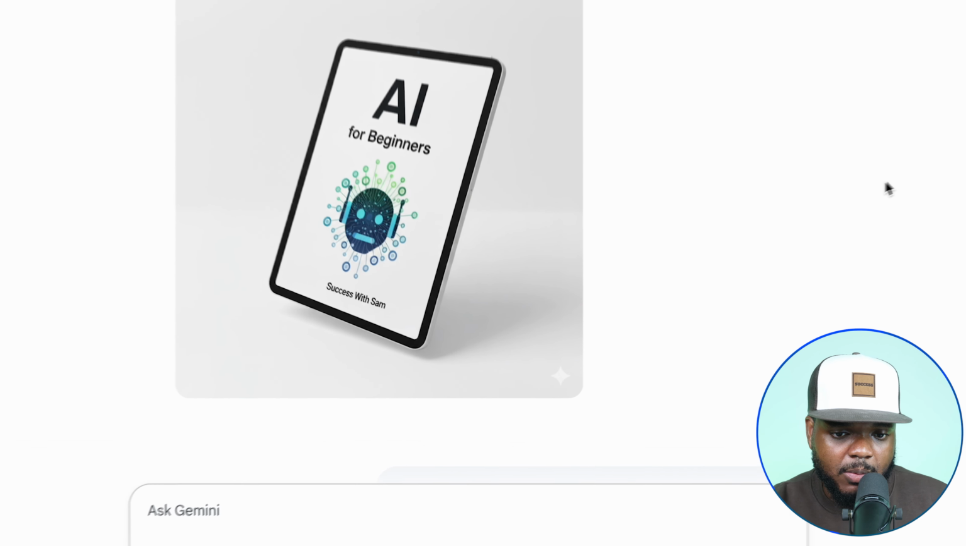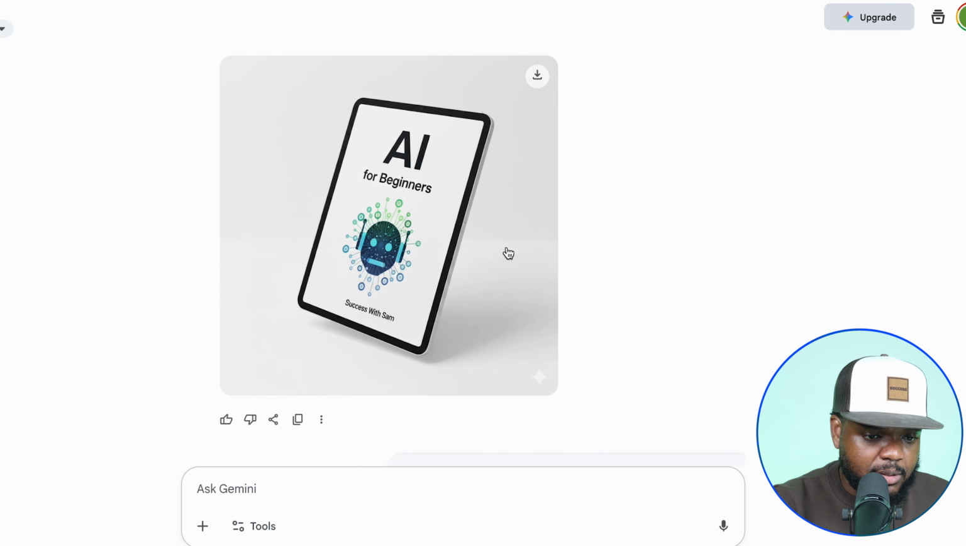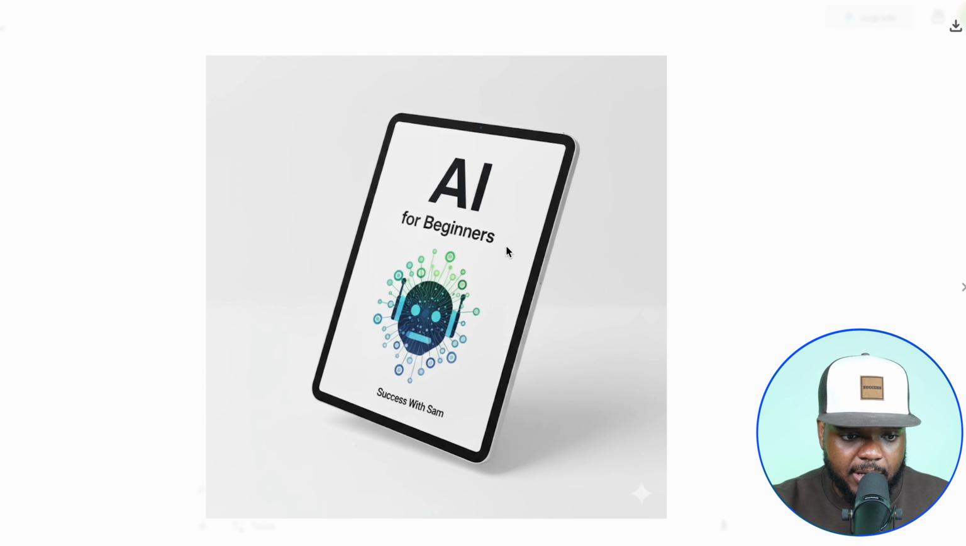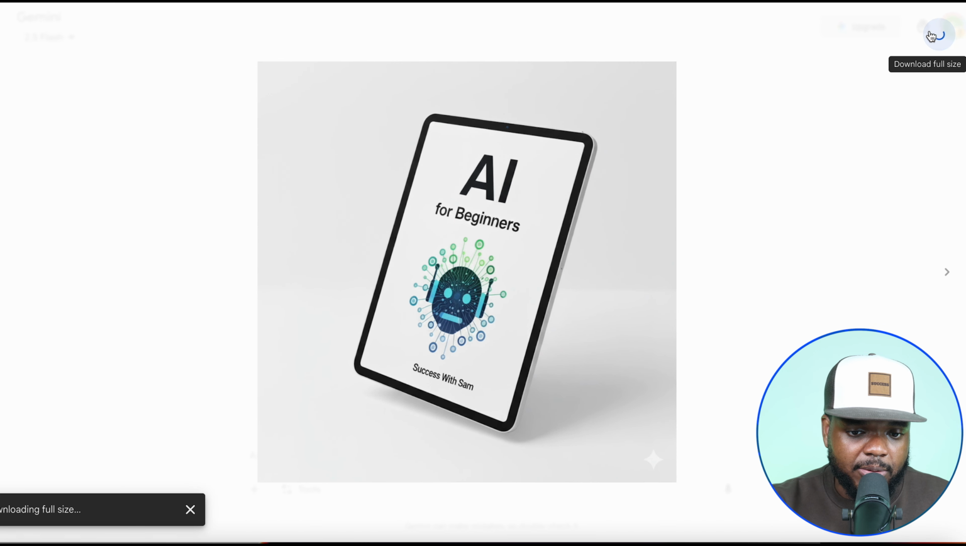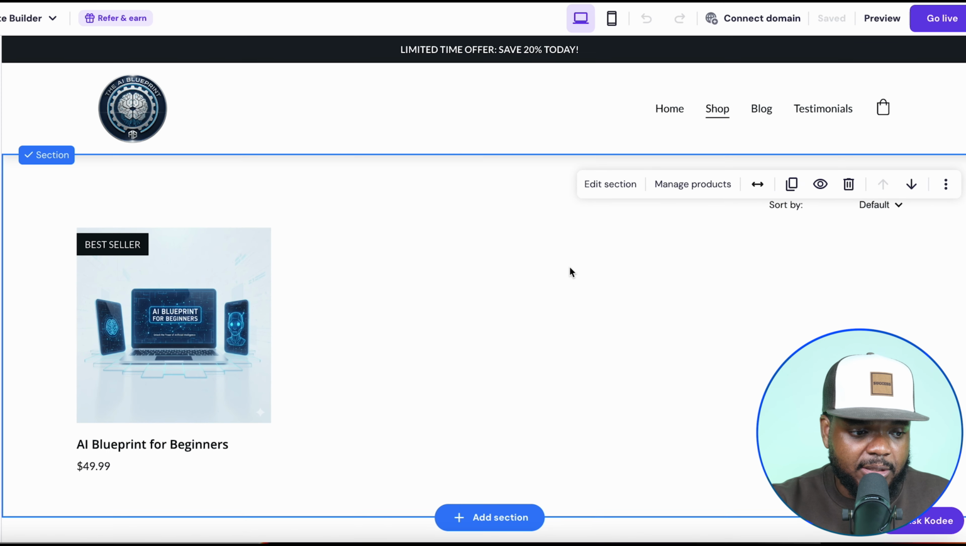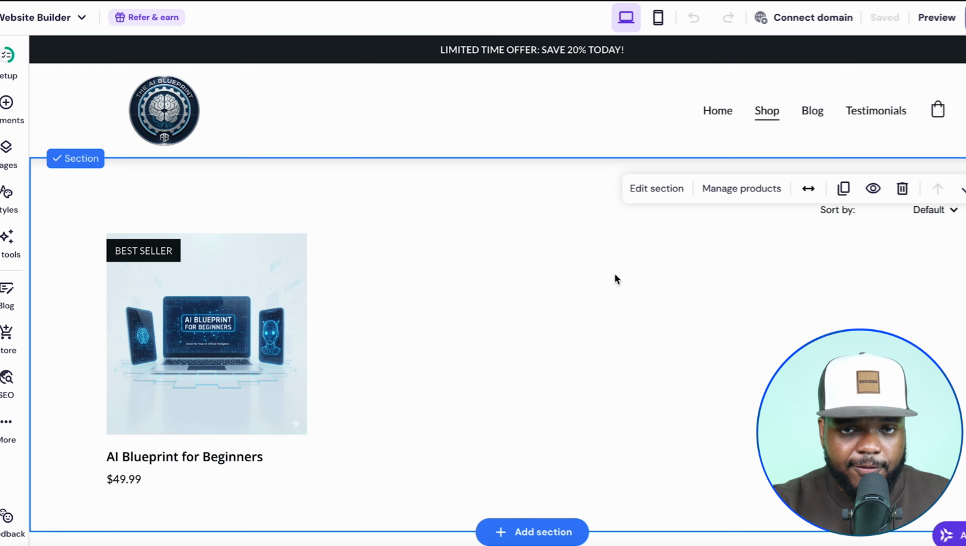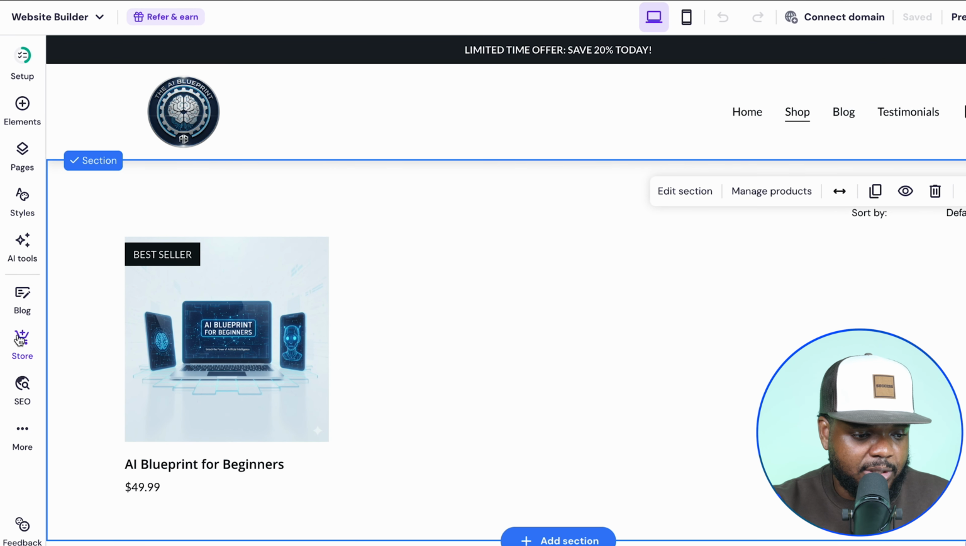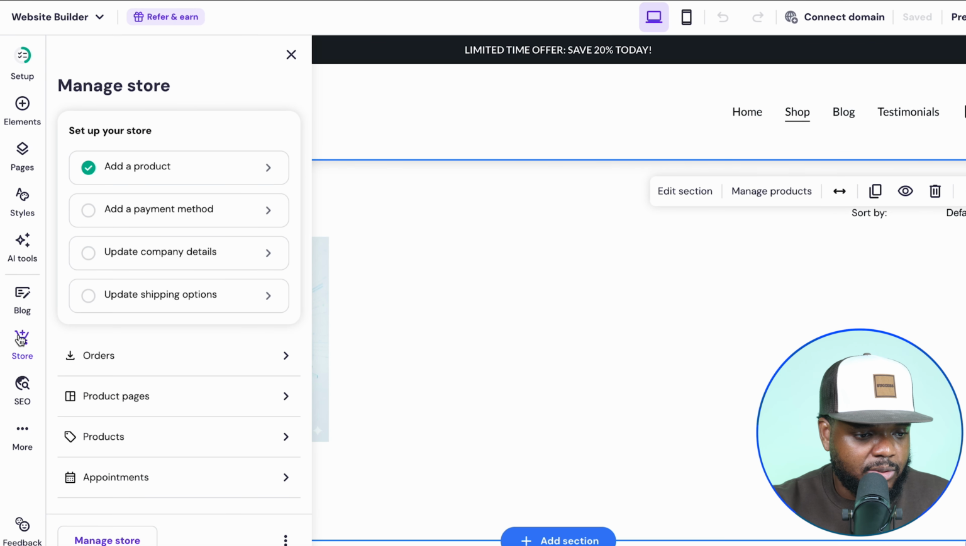Okay, perfect. So once again, it was able to do an amazing job from what I can see. If I just open it up. So as you can see, this looks super realistic. People are going to be able to instantly know what they're buying once they look at this. So if I just click on download, what I'm now going to be able to do with this, since I've already got my PDF document from Gamma, is that I can come back over to Hostinger, click on store, click